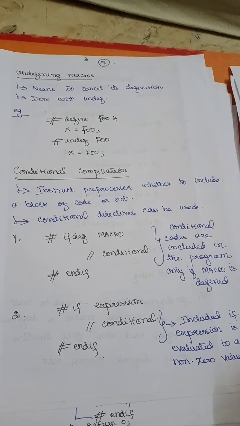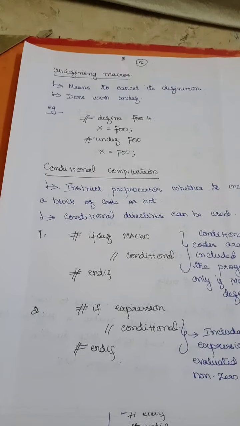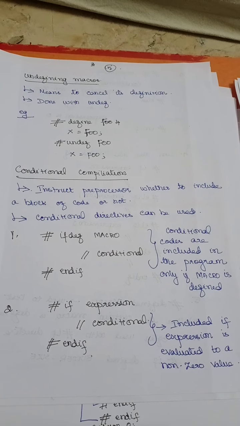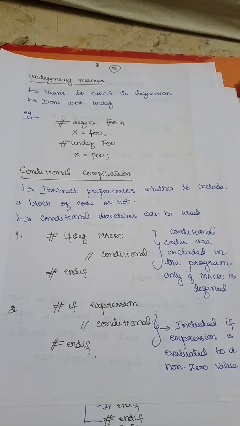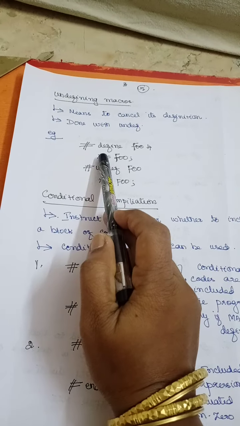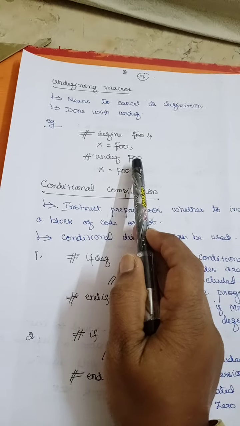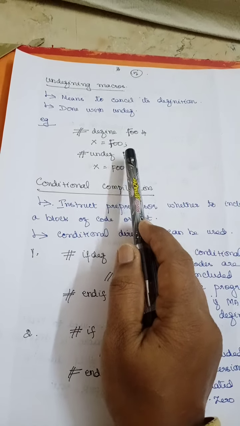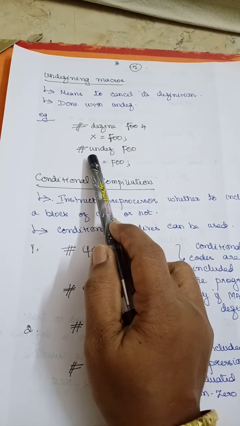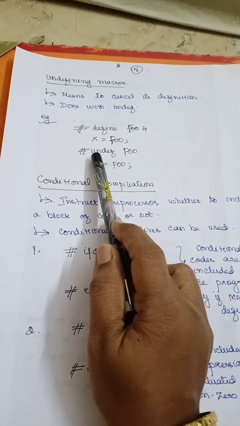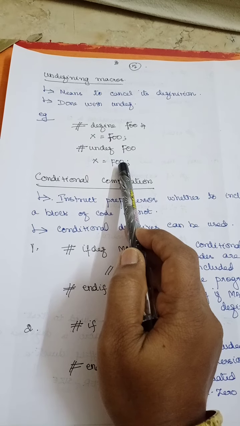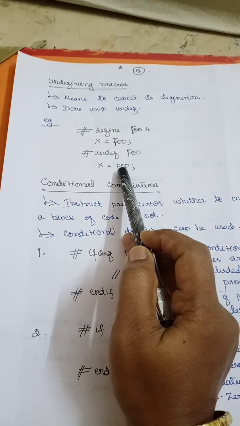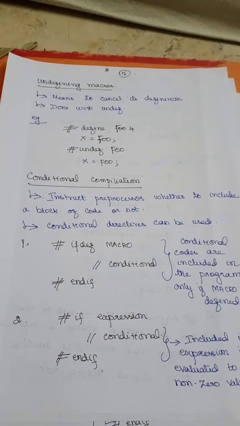And the next one is, suppose we have defined a macro, but I don't want to use that particular macro. Then you have a macro called undef. Define is for defining the macro. Undef means I don't want this particular macro. This macro is no more available. To cancel that particular macro, we have a statement called undef. So after undef, if you try to use x is equal to 4, 4 is not available now, so it will give you an error message. Is that clear? Right.